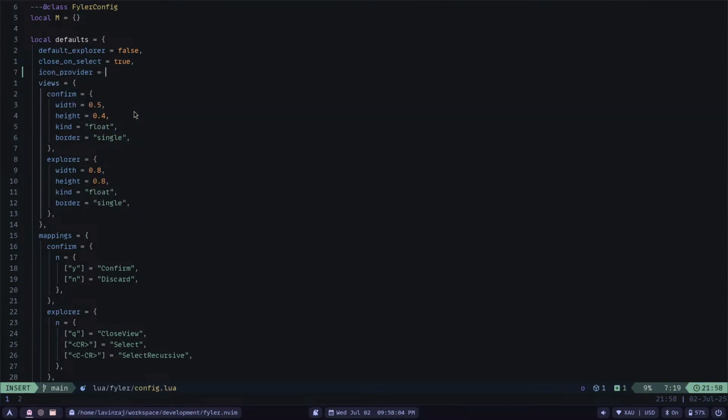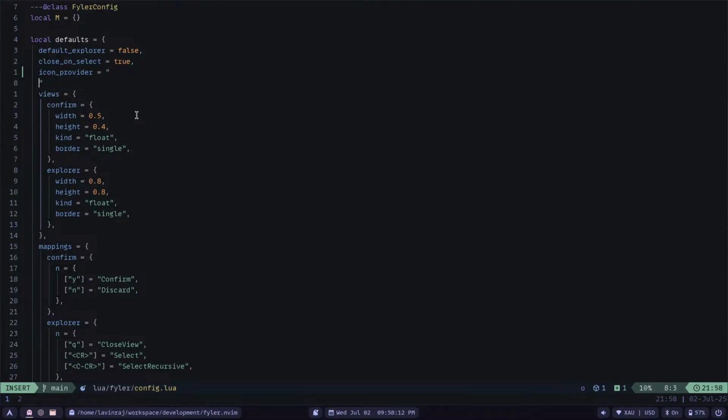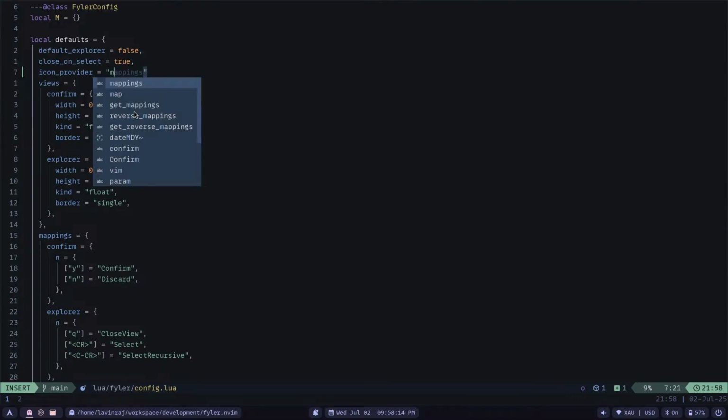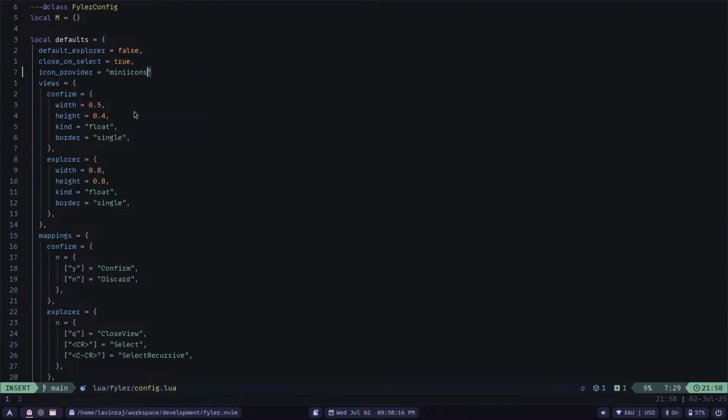So icon provider could be a function or it could be a string, right? By default, it's set to mini icons, but it could be nvim web dev icons, and it could be,